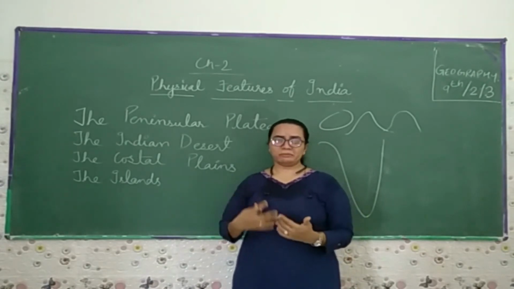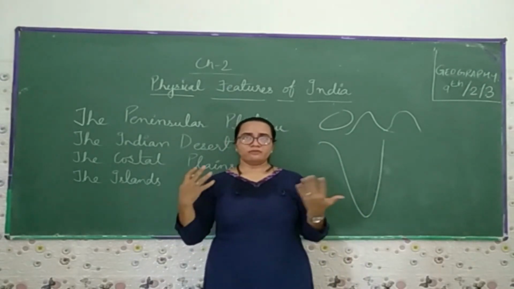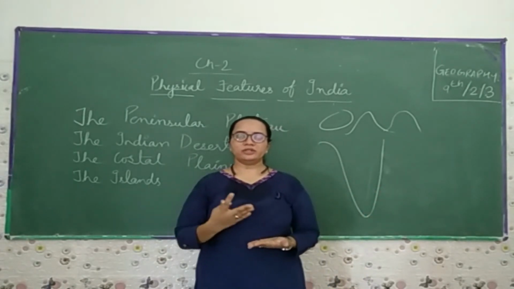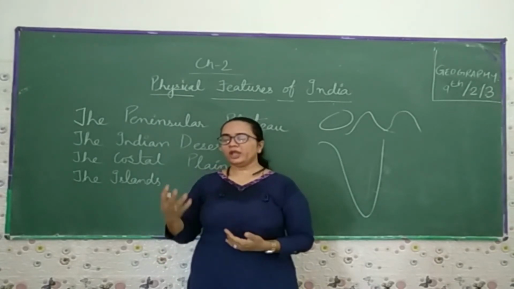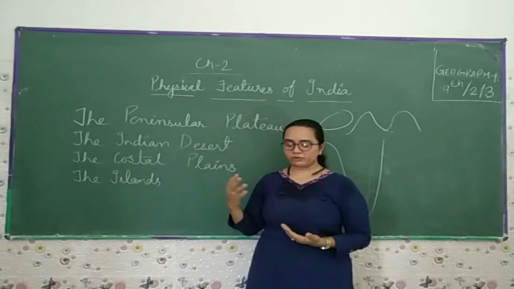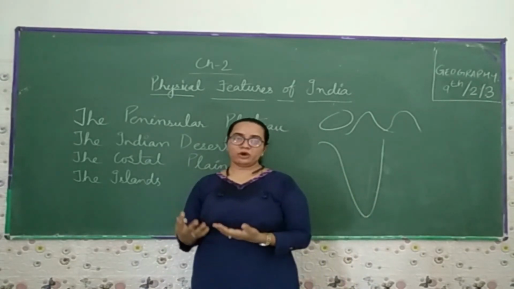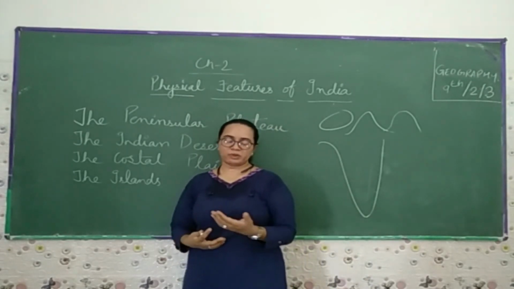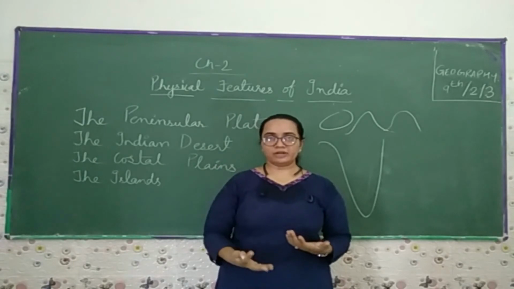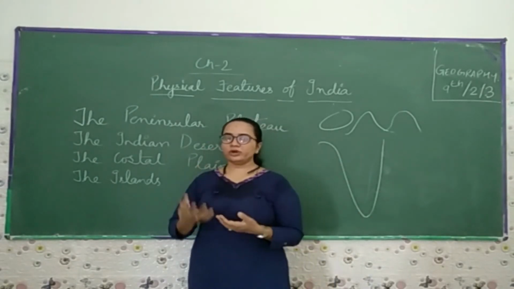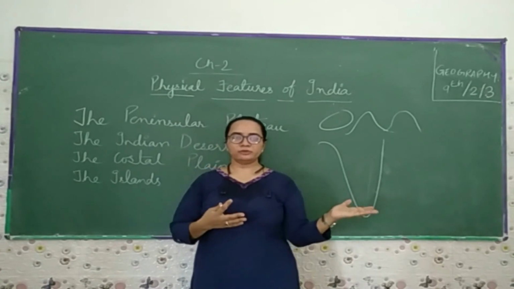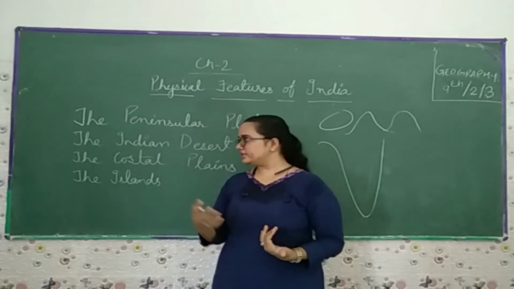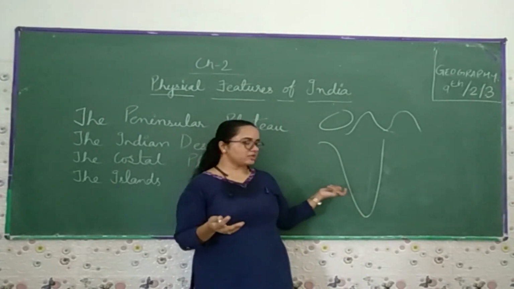Then later we talked about the Himalayas, how the Himalayas have emerged, where we find the emergence of water and different kinds of forests and flora. Then we talked about the northern plains, where many people used to live because in the plain region they find more facilities than in other parts of the country, as they get fertile land where they can do agriculture. Further, the Brahmaputra and the Ganga have the largest northern plains in India. Then we talked about the Peninsular Plateau, mostly found in the southern part of India.